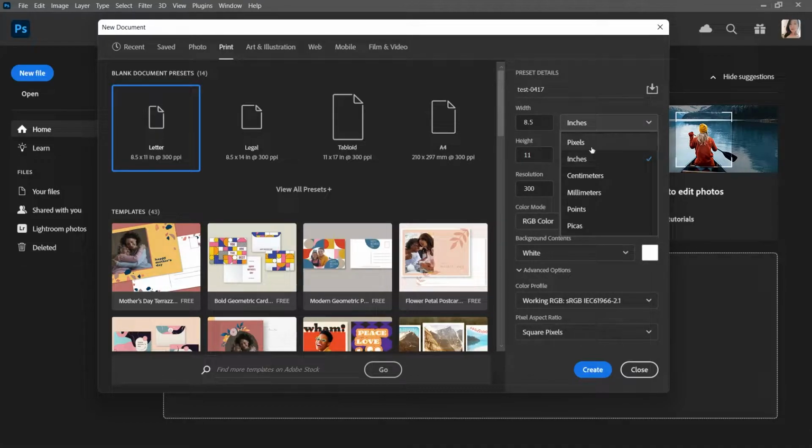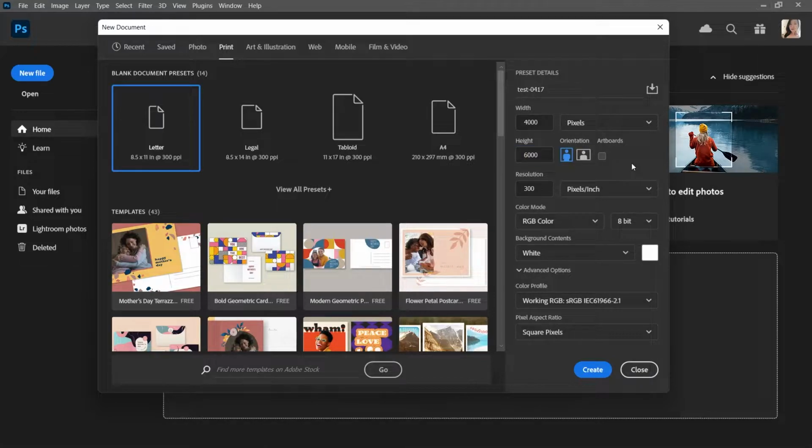Usually I use pixels or millimeters for printing, because Photoshop is useful for graphic design too. I will talk about it. So I use pixels, and usually I prefer to set it to 4,000 and 6,000